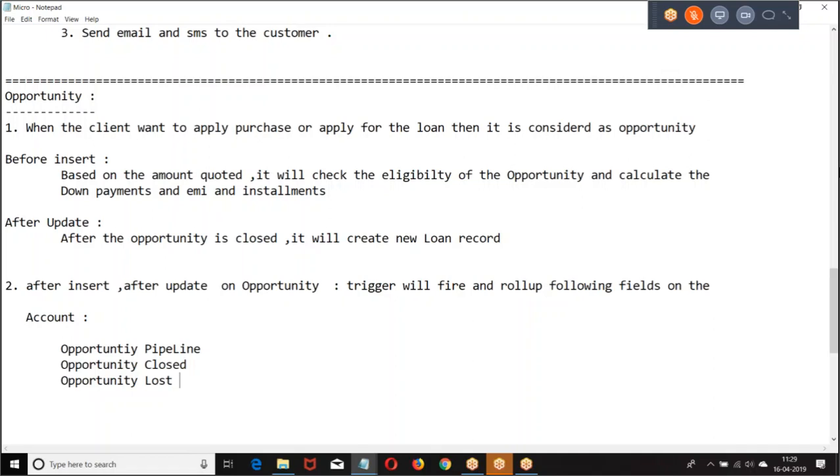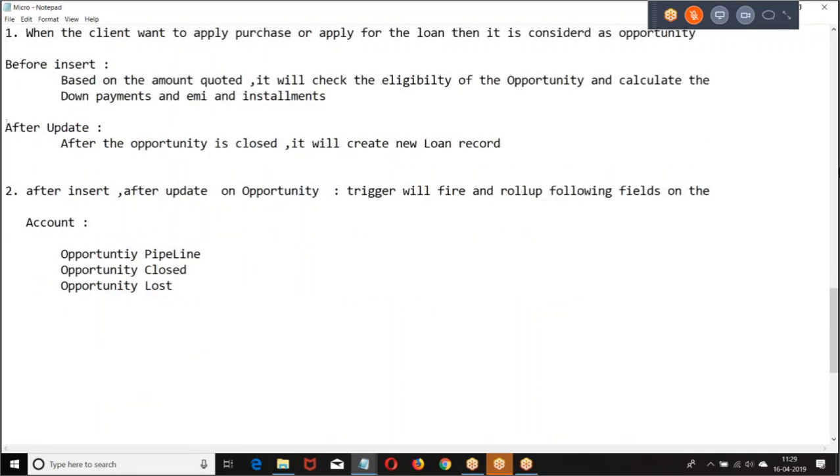Opportunity pipeline amount, opportunity closed amount, opportunity lost amount. I hope you're good with this. Okay. Then this is created using what? Roll-up summary. Okay. Then